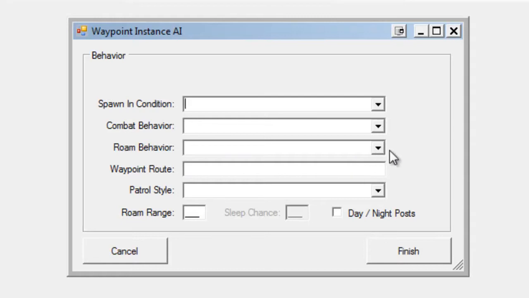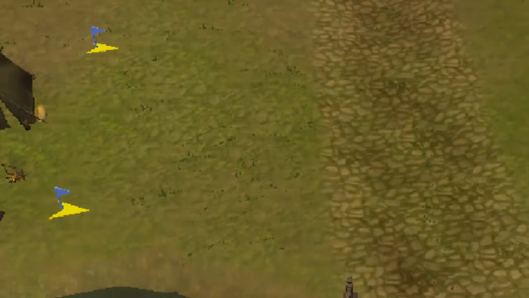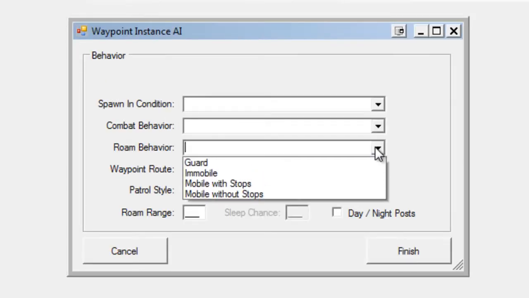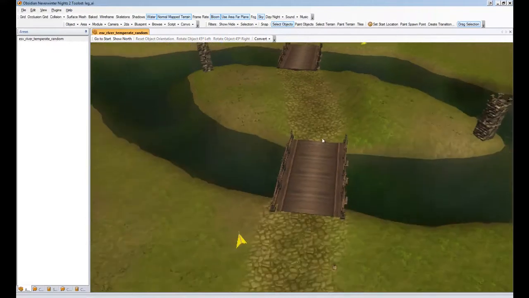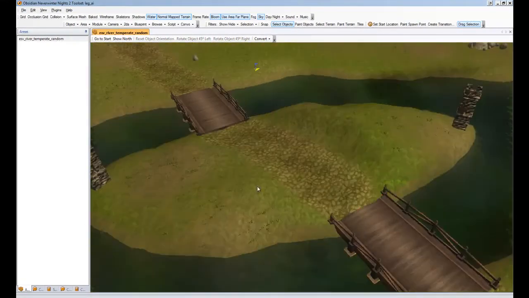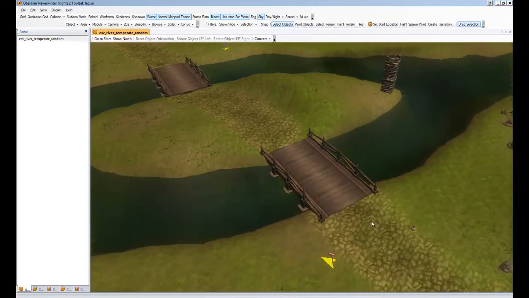We're just going to have them roam without stops. And you have to be careful of roaming with and without stops. The reason I say that is if I set these guys to be mobile with stops, and I happen to have left these stop points over here where these NPCs were using them,